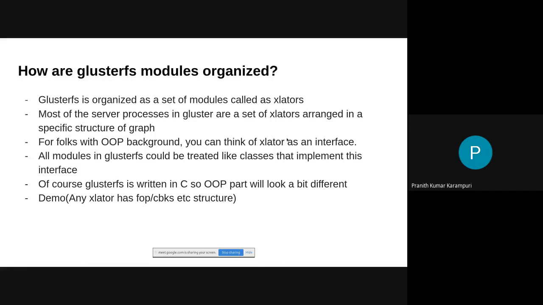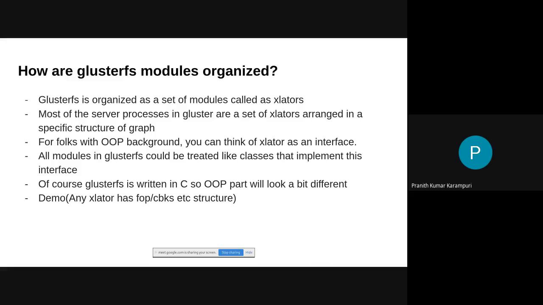So how are GlusterFS modules organized? Most of the modules in Gluster are organized as a set of translators. All these translators are arranged in a graph which is represented in the volfile, and this graph is going to tell you whether that process is a GlusterD or a GlusterFSD or a GlusterFS process.